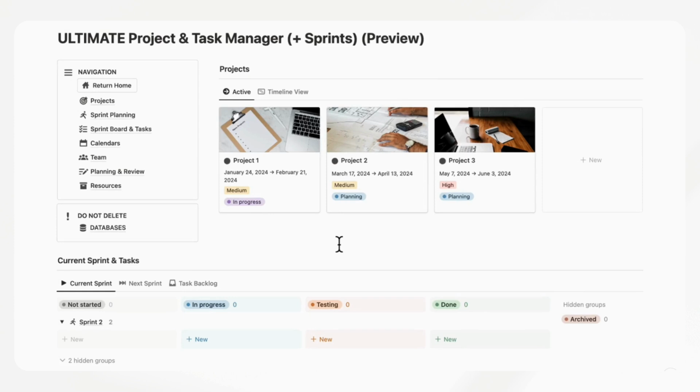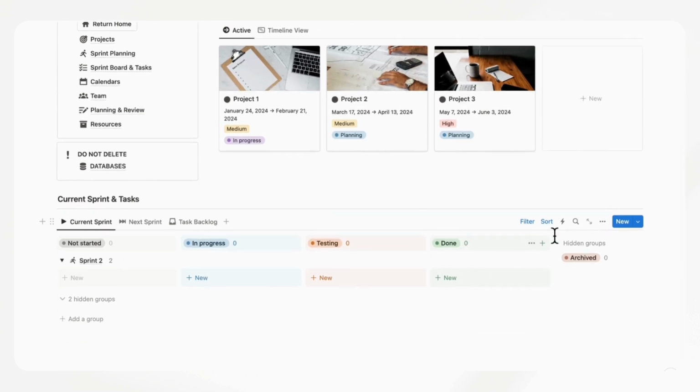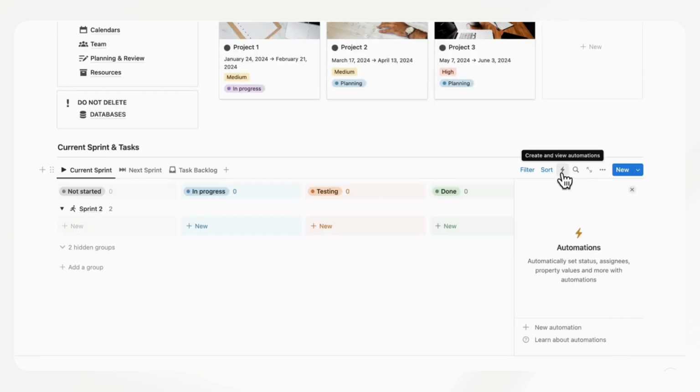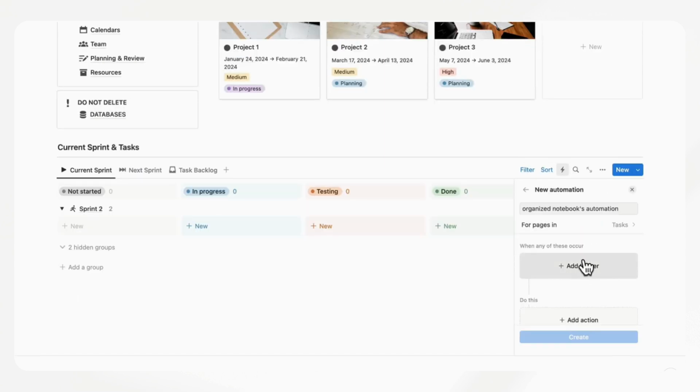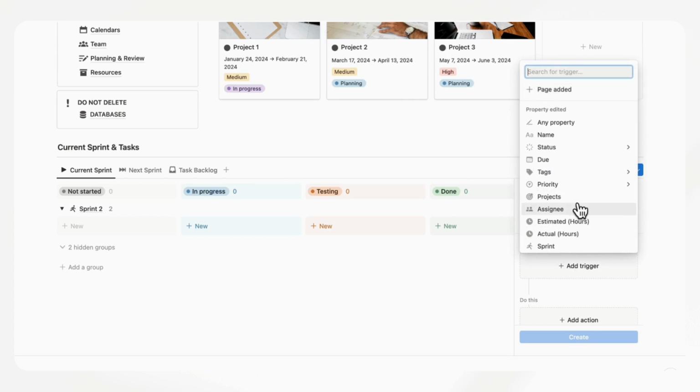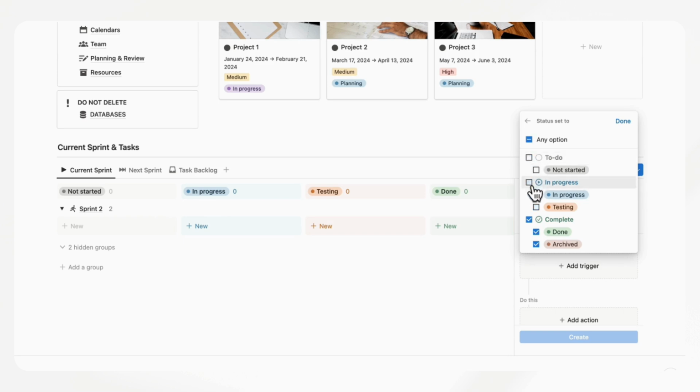Additionally, we also really recommend you to check out the automation features in Notion, especially for this kind of project and task management. So if you have the Plus plan, you can add automations. So what we recommend is to connect it with Slack, which is quite useful for communicating across teams. So if you wanted to, you could click this lightning bolt and set up a new automation that when a task goes to done, it would send a notification to Slack. So if we put add trigger, you can go ahead and, for example, put the status. And if the status is done,